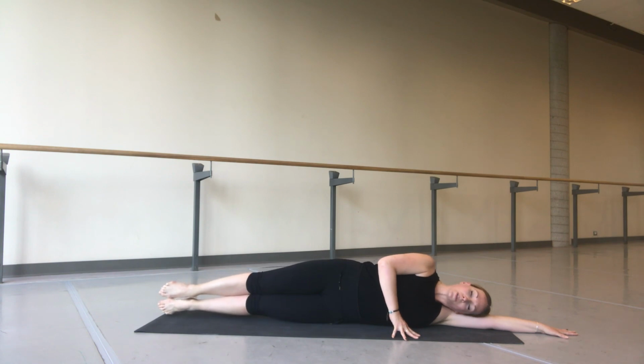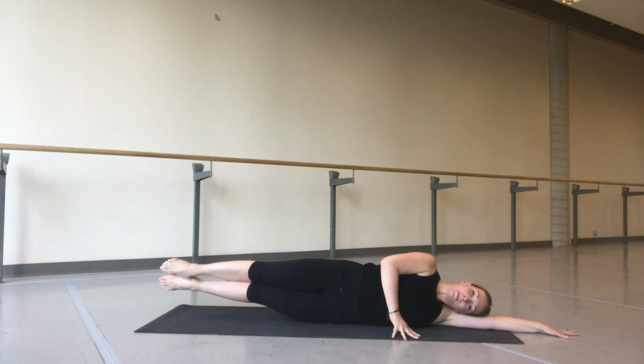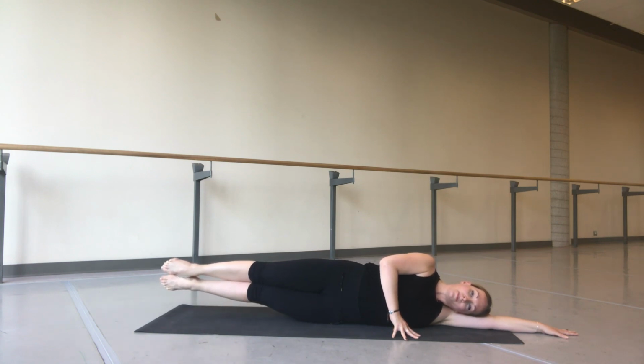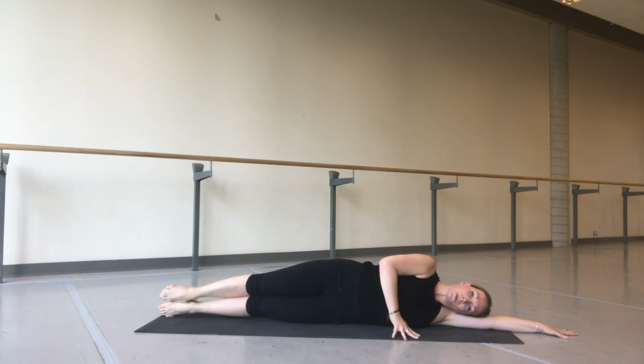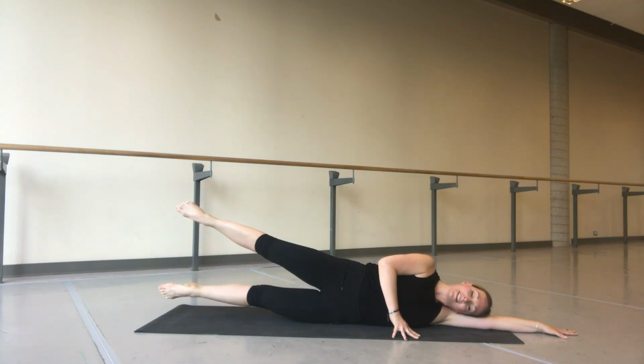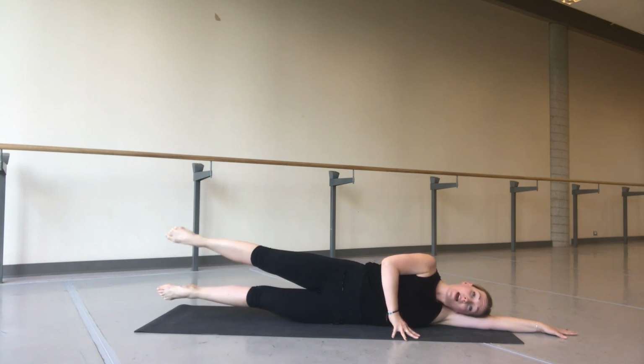and control down. And 2, and 3. Last time, lift and stay. Top leg lifts and lowers. 8, 7, 6, 5. Belly button engaged to your spine. 4,